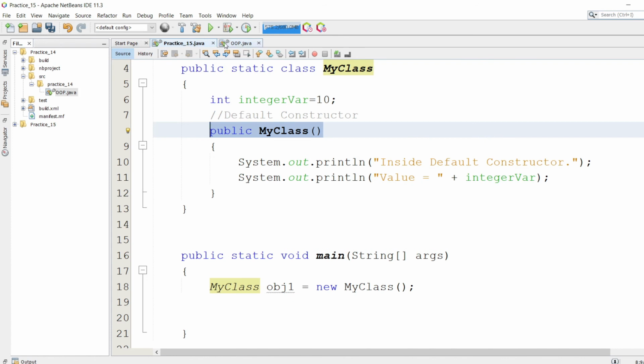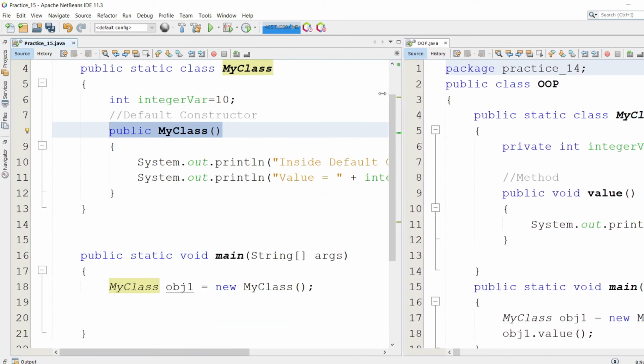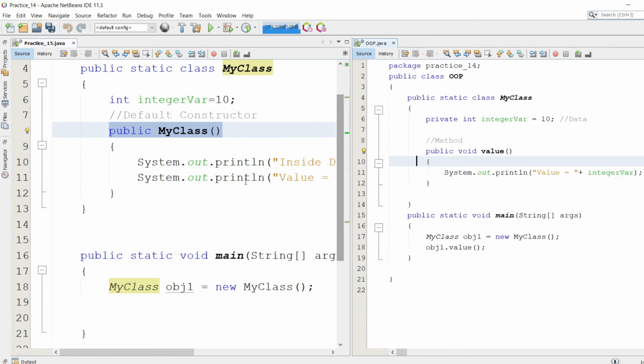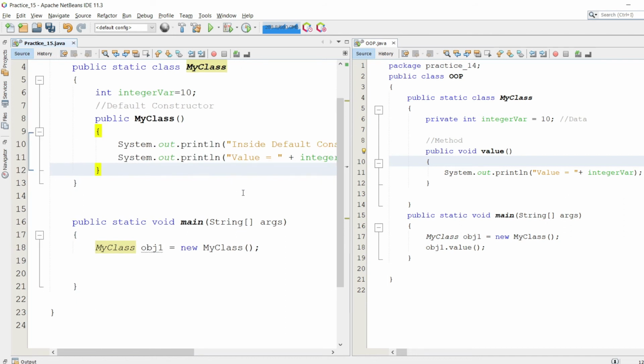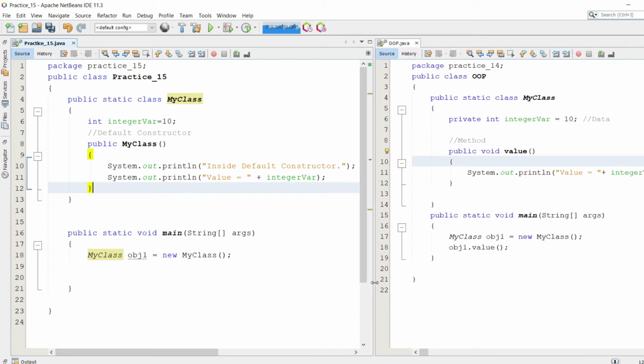So let's compare this file and this file. This one is the previous lecture program, and this one is the recent one. So let's compare the method and the constructor. Whenever we create a method like value, we have to create the object, and using that object we have to call the method.